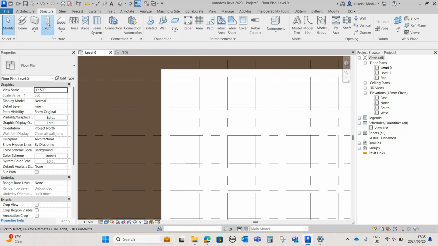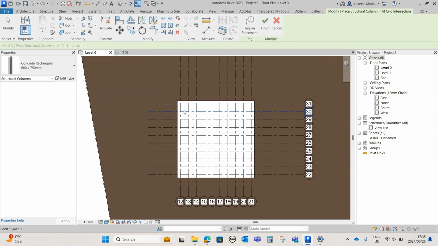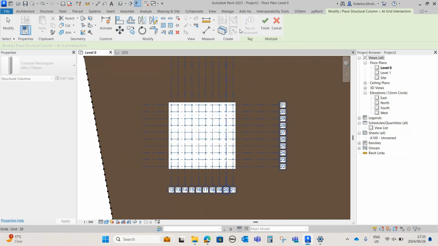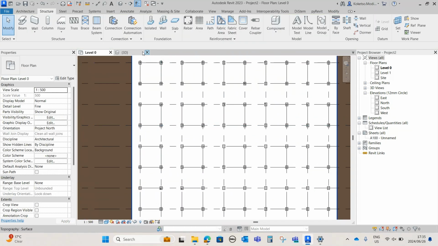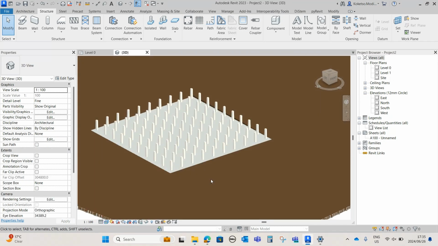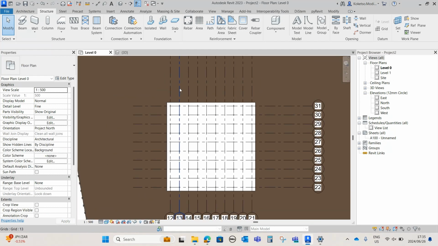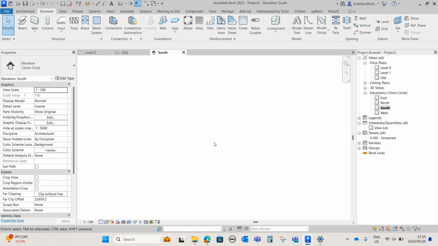Actually, I'm gonna select it and say add grids, and then I'm gonna place it at grids like this and say finish edit mode, and this is how it looks. So this is how it looks. Now the next thing is I'm gonna go to the south elevation,